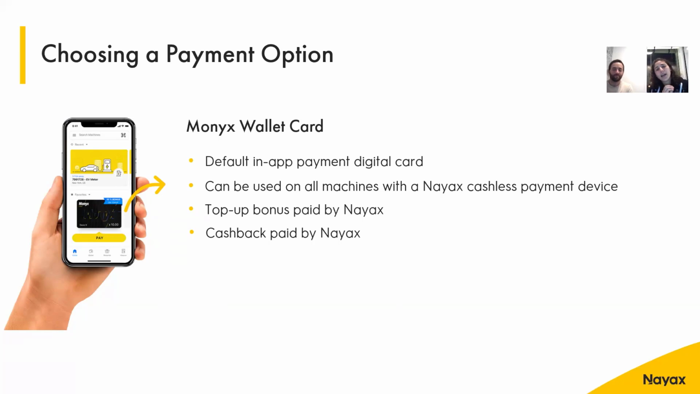So this is the payment option that I do recommend using when you're starting out with Monyx Wallet, and especially if you use open environments, open locations. So what is an open location for those of you who might not be familiar with this term? Open locations is basically when consumers